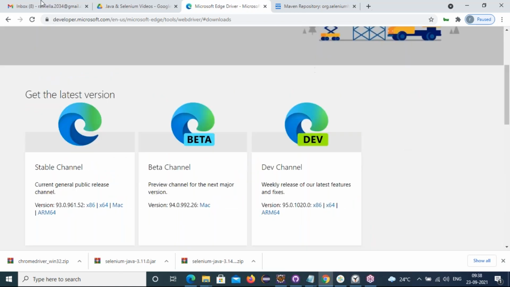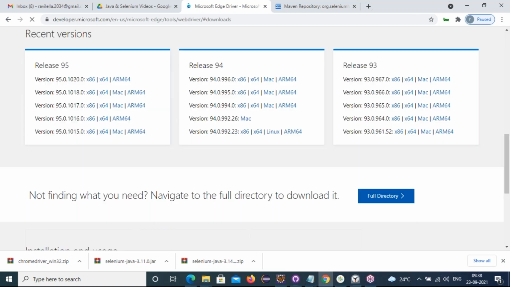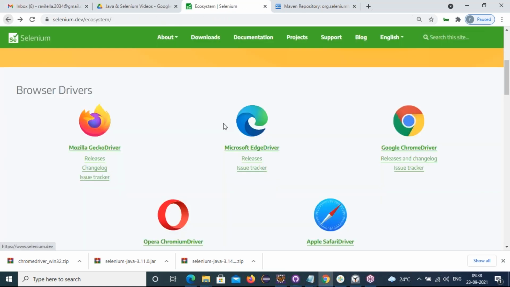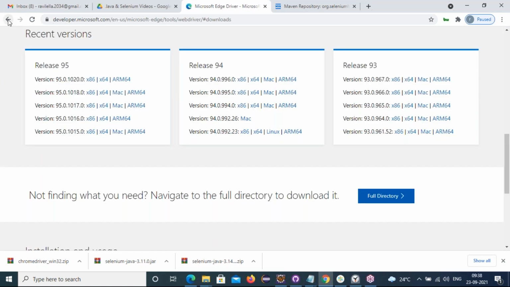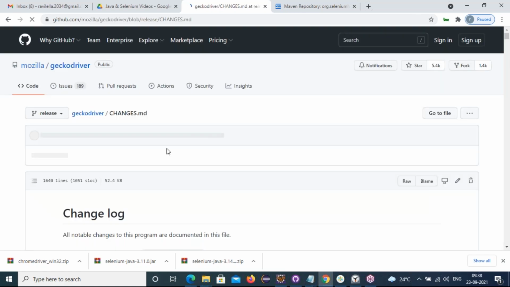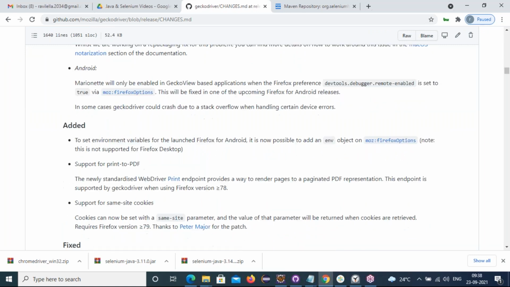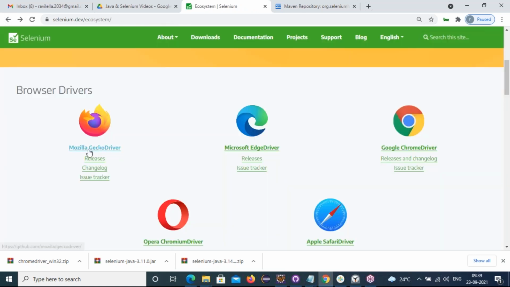Friends, even last time also I got wrong information. In the Firefox, when I was clicking releases, the Firefox related release versions should come, but it's routing to Microsoft Edge. Observe here, which is wrong. One second. If I click on Microsoft Edge, it is coming relevant. So I said, since 10 days they are doing some changes, sir. They're not linked properly. Okay, fine, one thing I will do.